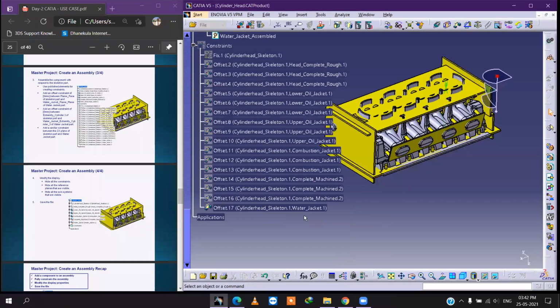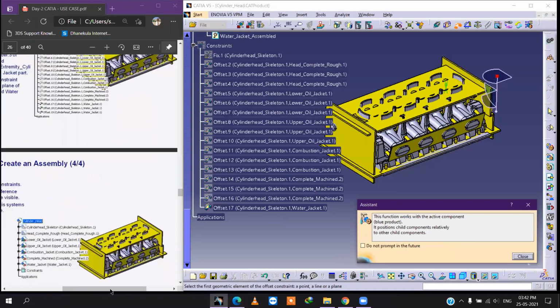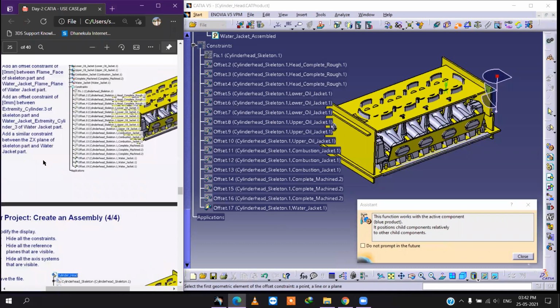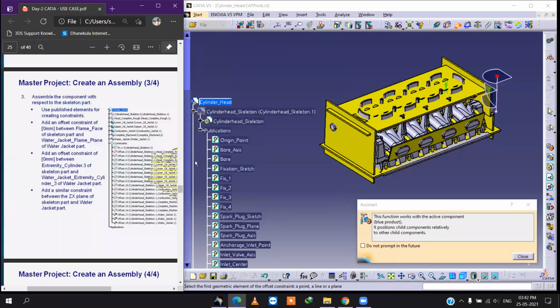Again, we have to go for offset 18. Here also it is saying offset between extreme cylinder 3. This one we have to minimize.